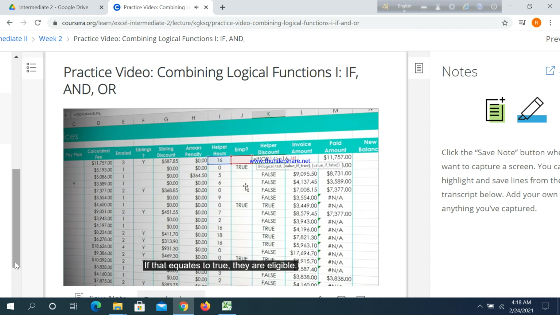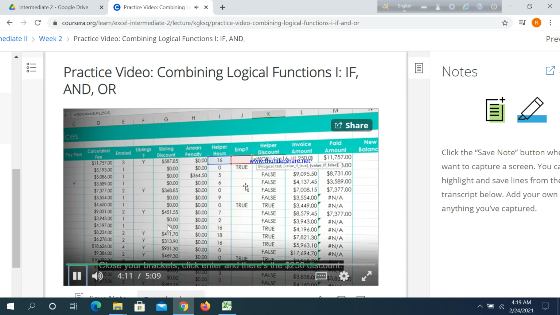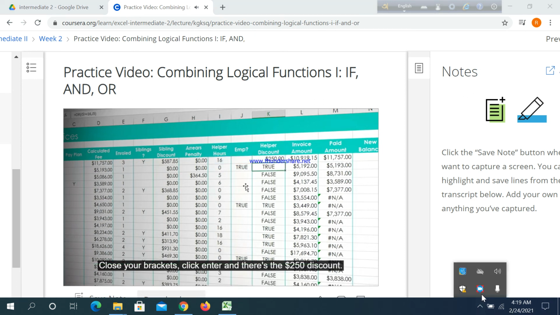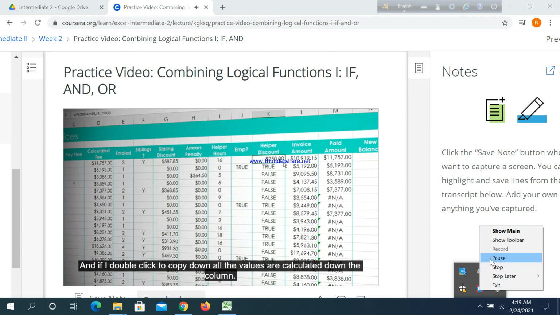If that equates to true, they're eligible. They're going to get a $250 volunteer discount. Otherwise, 0. Close your brackets, click enter, and there's the $250 discount. And if I double click to copy down,